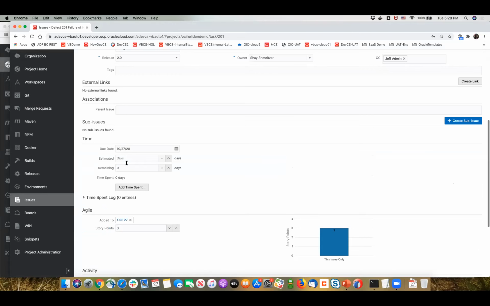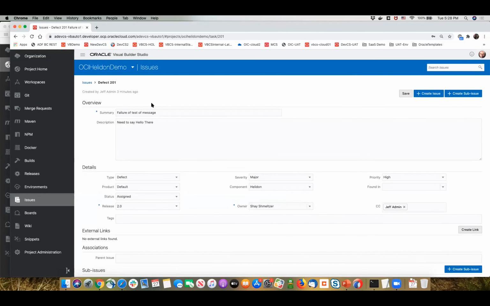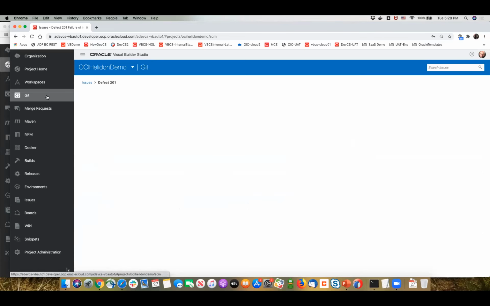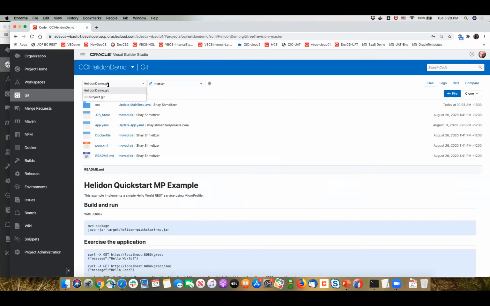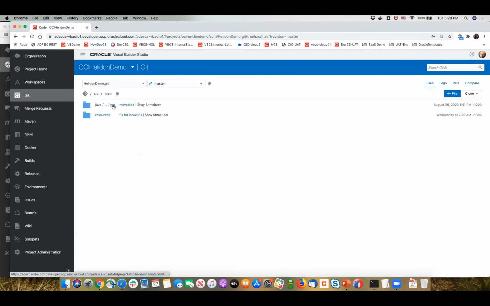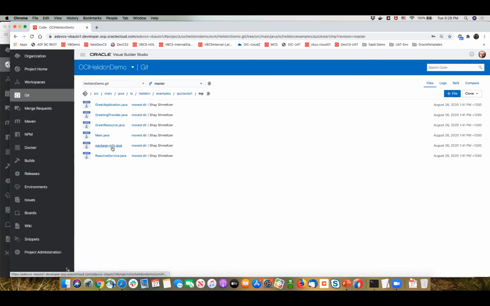All right, so me as a developer, back as Shay, I need to figure out where the issue is. So all my code is inside my Git repositories. I actually have multiple Git repositories in this project. Some of them are for my JSF web UI. Some of them are for my functions that I created over here, my Helidon code over here, which is just a Java project built with Maven. It's serverless Java solution. You might want to read more about Helidon if you're into that type of things. But for the sake of right now, just know that I have a bunch of Java code over here that basically does all my logic and gives me my hello world message.